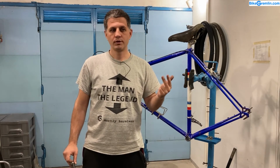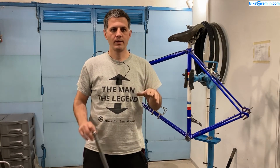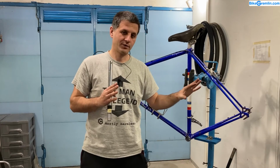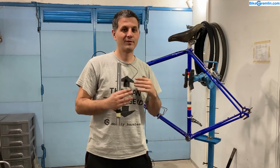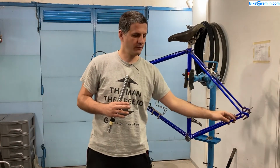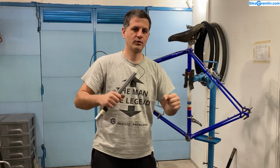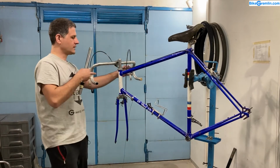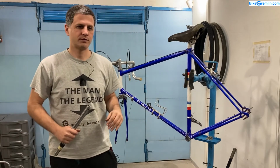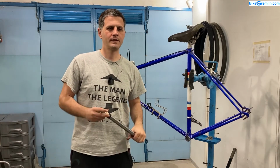very strong, and you can even play with the way the plies are placed to make it be what cannot be made so easily with other materials, to be vertically compliant, so it sort of even absorbs some road buzz or bumps, and to be stiff in the direction where you put your force, like trying to twist the bar when you're riding out of the saddle or pedaling hard and so on. So it's a good material, but the problem is that